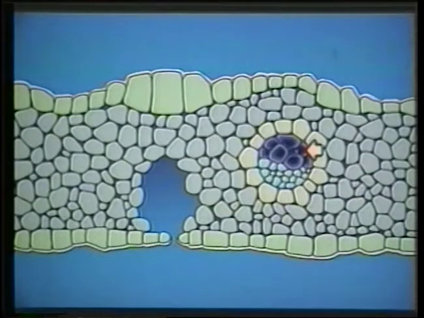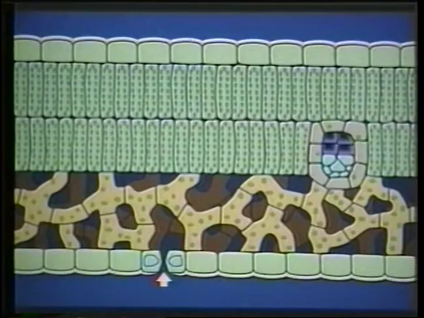Water and minerals are translocated from the plant roots through the stem and throughout the leaves in the xylem. Sugars and other materials are transported from the leaves to other plant parts through the phloem. The stoma are openings in the epidermis of the leaves and are surrounded by guard cells. Guard cells regulate the opening and closing of the stoma, which control the rate of gas exchange with the atmosphere.